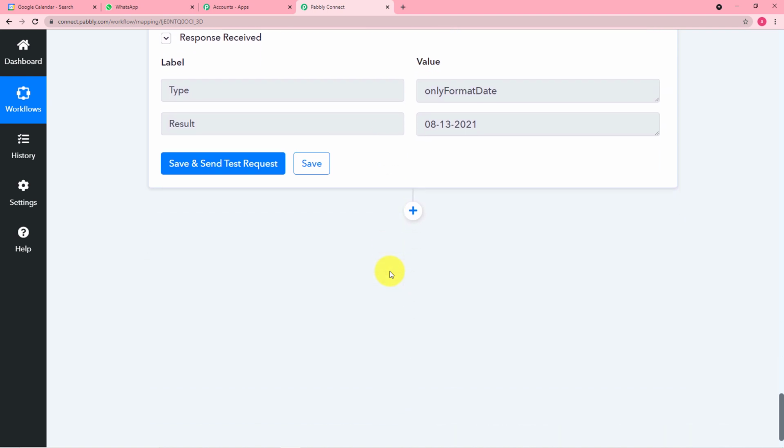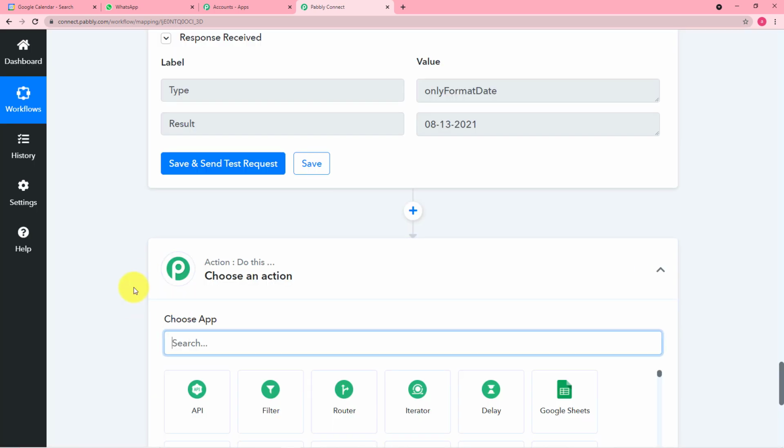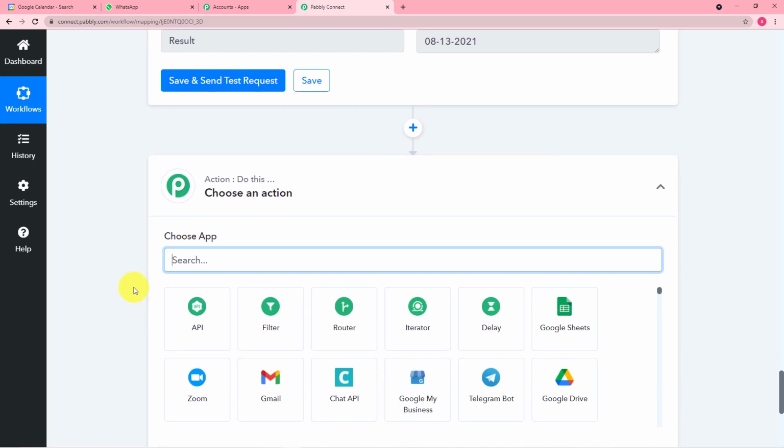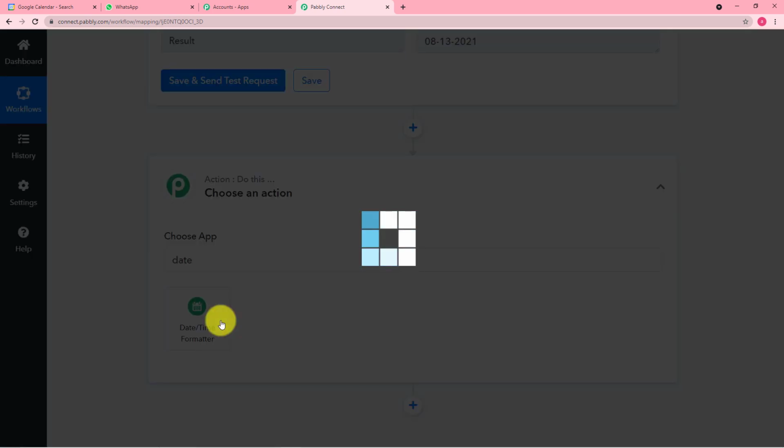Now, what I want to show you now is click on this plus button and another action window will appear. And from here, you have to choose from the choose app, date time formatter again. So why we are selecting date time formatter again, I'll tell you.